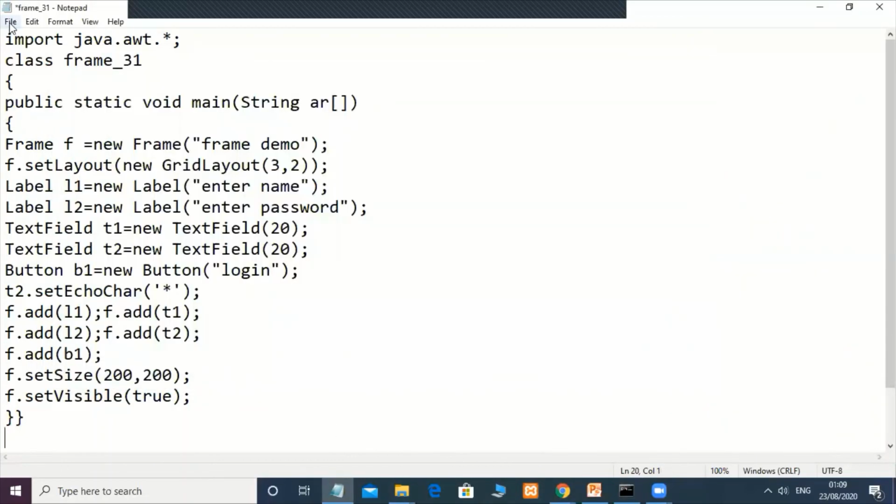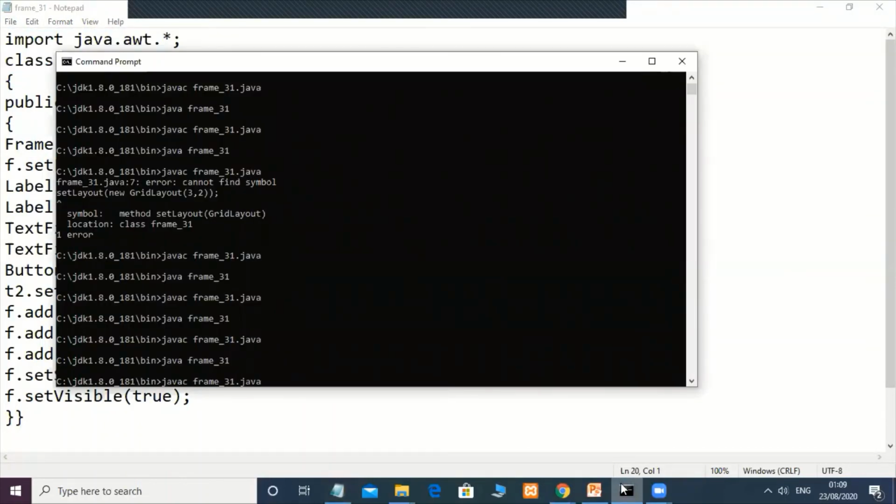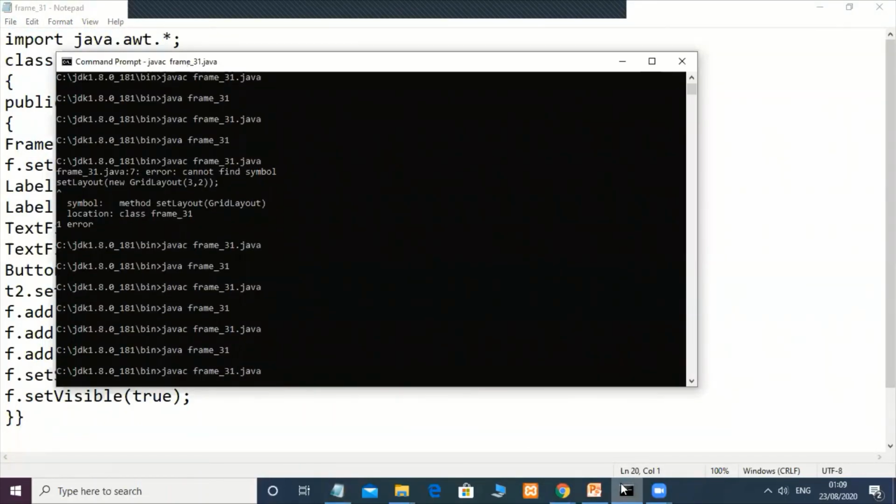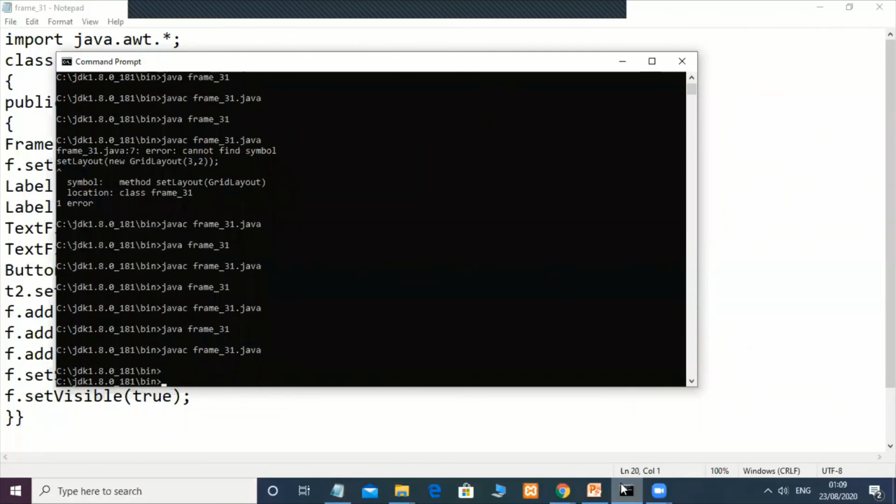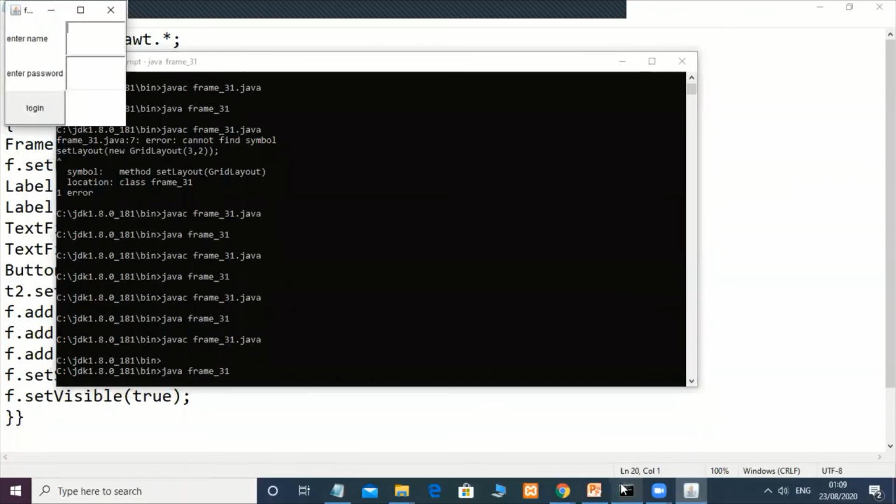Save this file. Okay. See, this window size is 200 by 200.